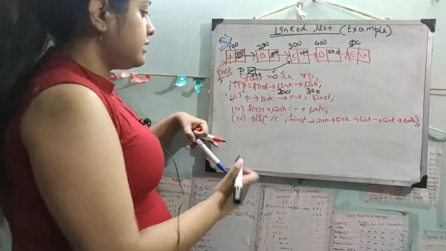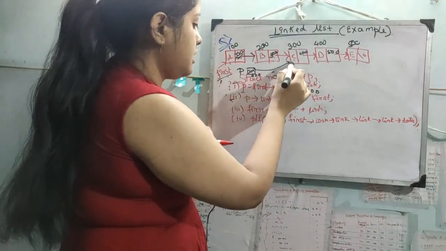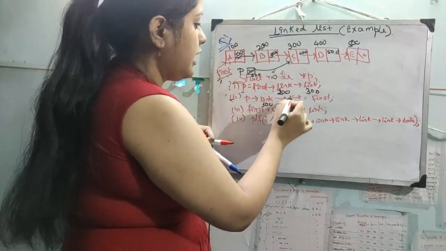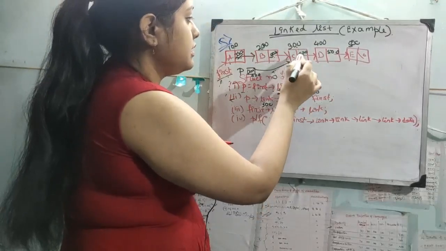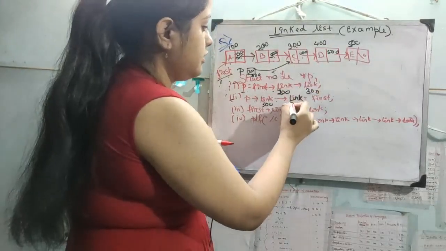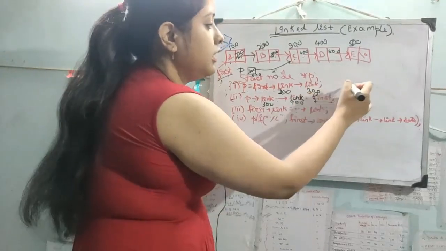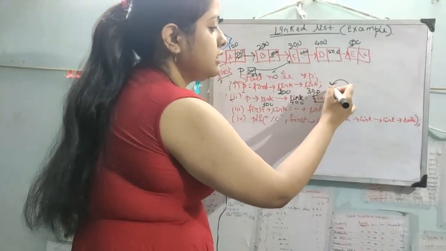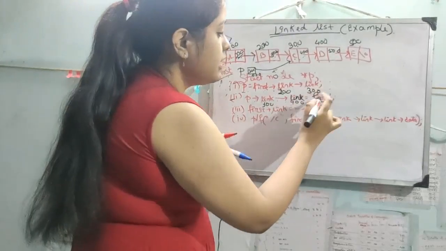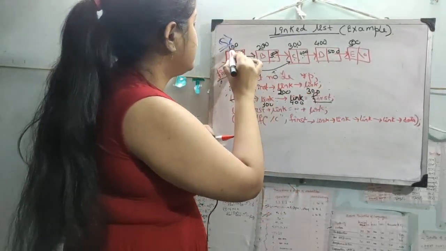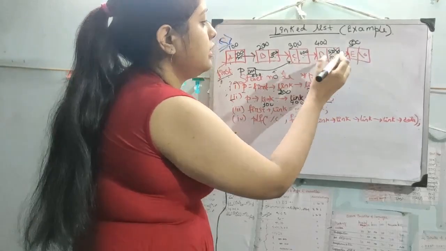Now our next part is p arrow link. p is pointing to 300, this is 300, and this arrow is also link, arrow link means 400. This is 400. Here our first is stored. You know right to left assignment is done when equals to is present. So here first is stored, first is 100. So this will be deleted and 100 will be stored.